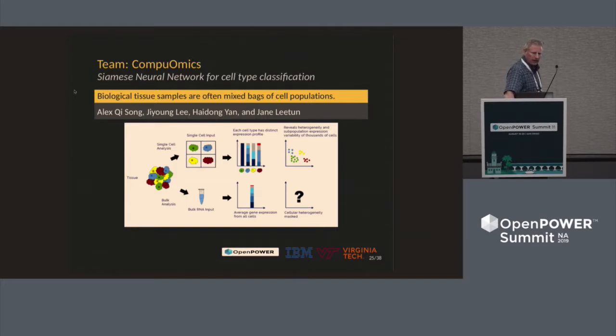The second team came out of the biological sciences, and they were interested in something completely different. Their application is around DNA sequencing, specifically in tumors. What they want to do is show that if you go from a bulk analysis to an analysis on the DNA sequencing side where you're sequencing single cells, you can use the DNA profiles or RNA profiles in this case to determine which cell